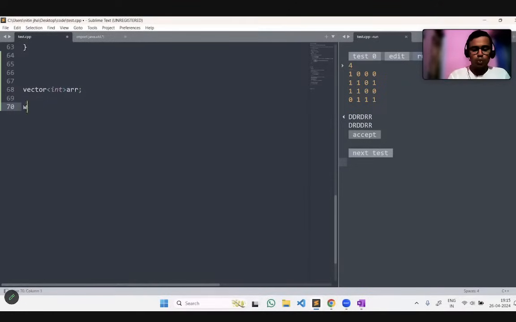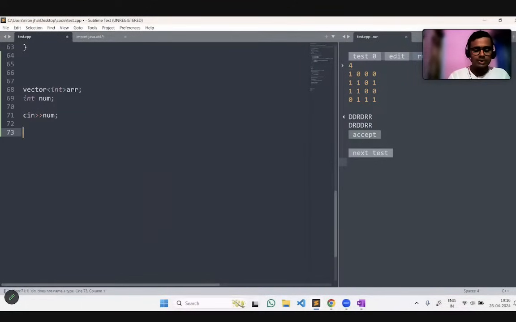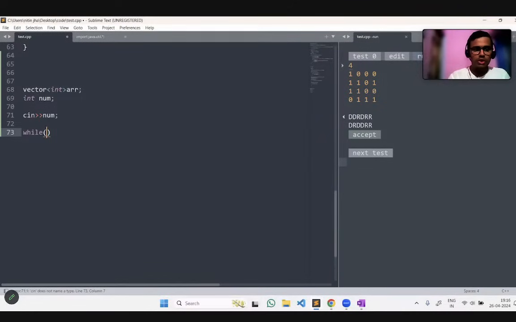I will write it with a while loop, and you will input every value in the array, no? So you will create an int num, and you will take the first number as input, cin of num. You should know that, because while I am writing my code, I will have to be aware of that. So while the num which you are taking as input is not equal to